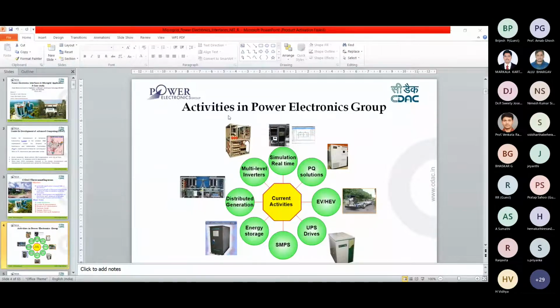Then everything is in parallel on that AC side with the help of a central control unit, because everything is coming to a common control room. If everything is coming to a common control room and all your power electronics interfaces are in a common control room, then you can easily go for a centralized control unit for supervisory operation of your different power electronics interfaces. So this is also one architecture.